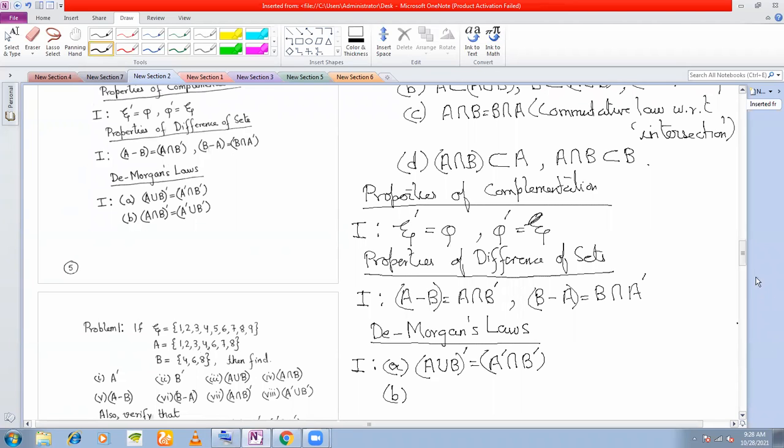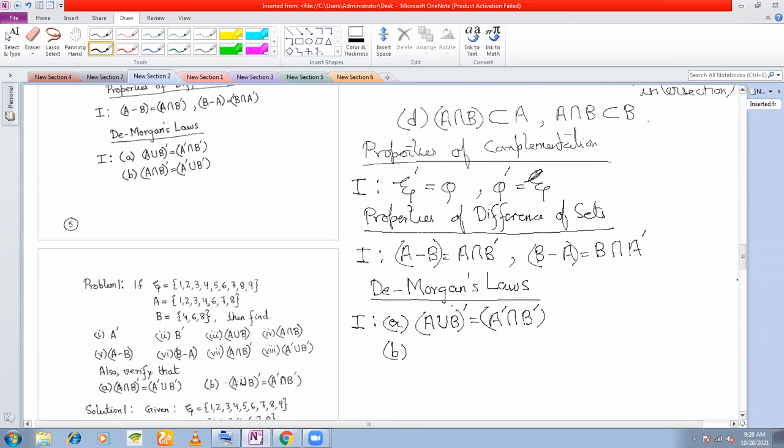See what is happening here? If I have the complement of this union here, and when this complement distributes itself over A and B, the union becomes intersection. That is what this rule is. The union becomes the intersection on distribution of the complement over A and B. So if I have now A intersection B complement, then if I distribute the complement over A and B, this intersection will now become union.